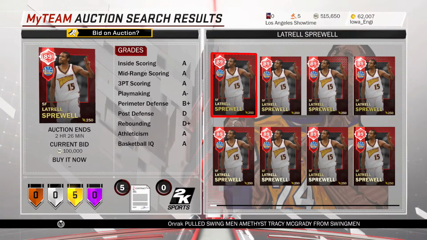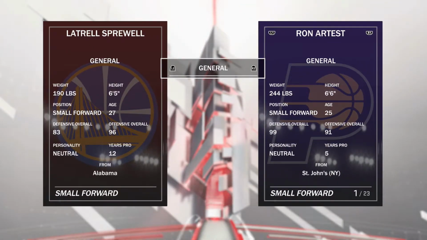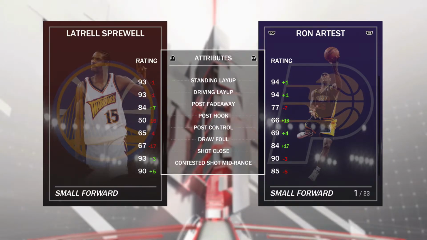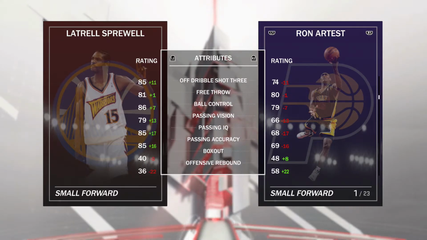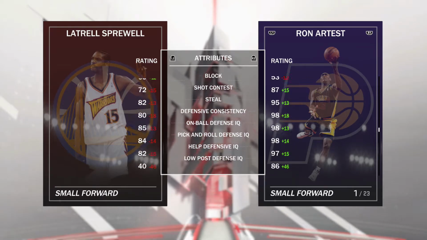So this card, I've never really played with Latrell Sprewell either. This guy's an offensive animal though, 96 overall, wow, 83 defensive. Nice driving layup of a 93, 91 open shot mid range, 88 open shot 3, 81 free throw, 86 ball control, can pass decent, 80 defensive consistency,